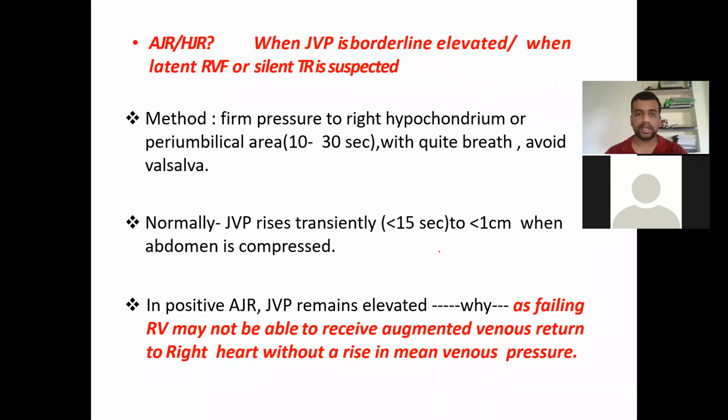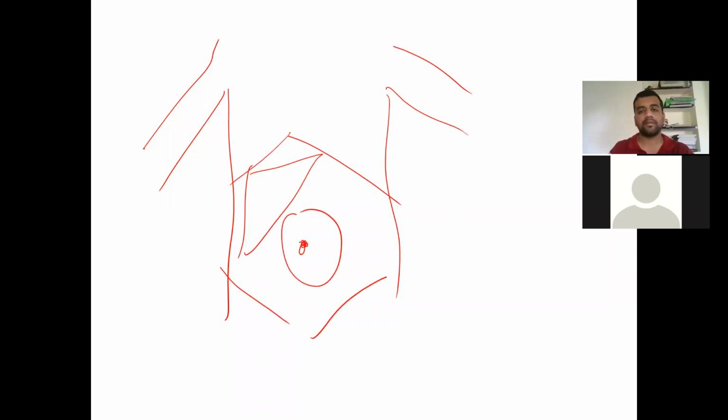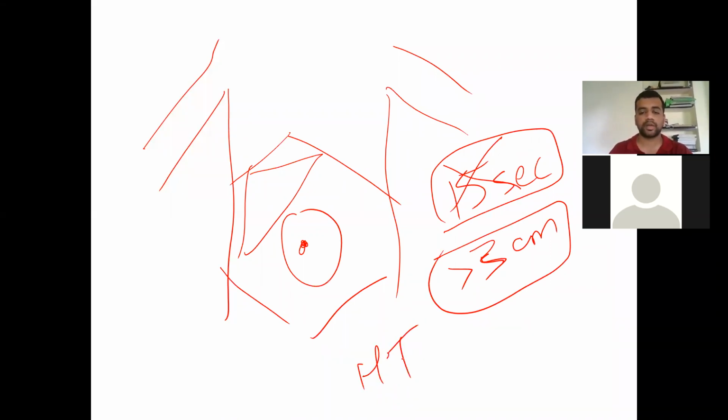So we have got multiple conditions. As I said yesterday, the abdominojugular reflex. For example, this is the abdomen, you have the liver here, and the abdominal quadrants are there. You put periumbilical pressure for 15 seconds. If there is a persistent rise of more than 3 centimeter, or even after you release the hand after 15 seconds there is a persistent elevation, then you say the hepatojugular reflex is positive.